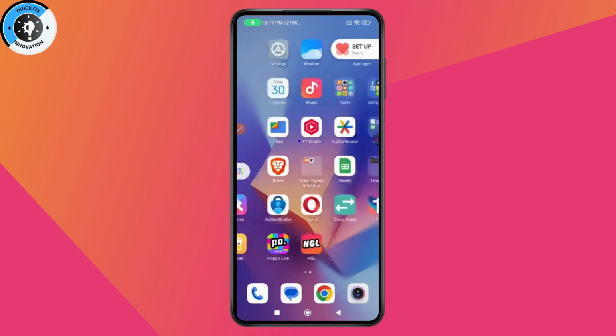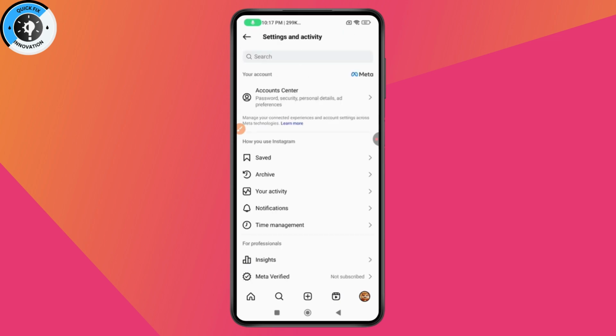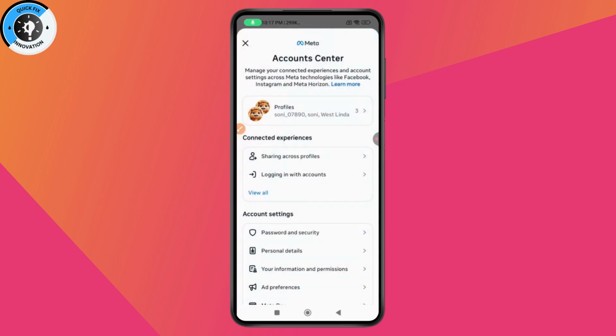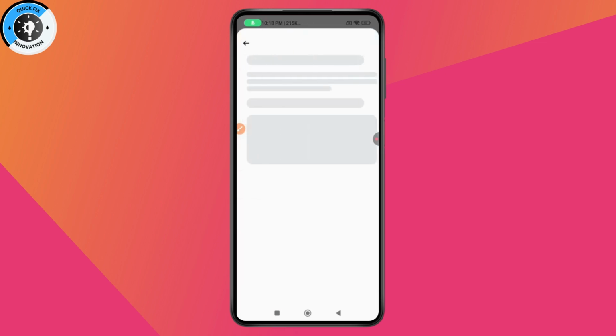first you need to open up your Instagram application, go to your profile, which is on the bottom right, go to the upper right, which has those 3 horizontal lines, and from here you can tap on Account Center. Under the Account Center, tap on Profiles, and you can select your Instagram profile picture, and then tap